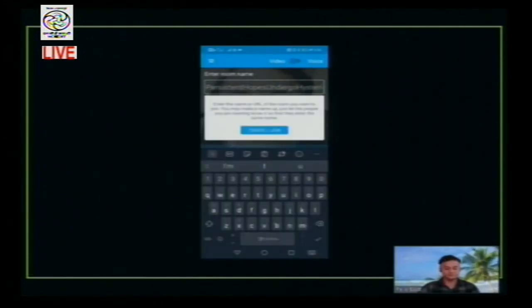Then I would need to enter a room number. So my room number is that there is a test room which my friend has created to test it. So let me add this room identifier. So the identifier of this room is TESTDJ. So this is the room identifier, and then I'm clicking here create or join.